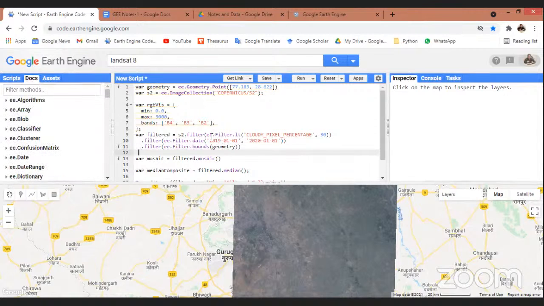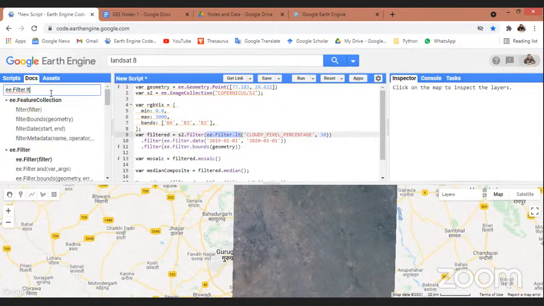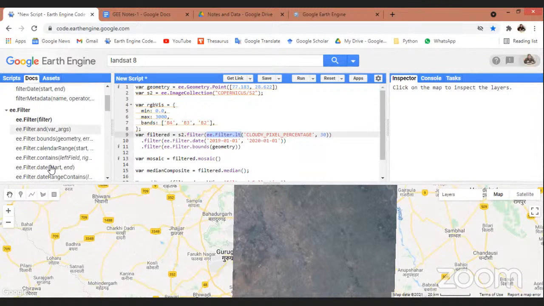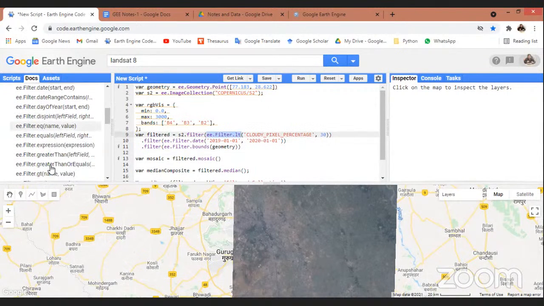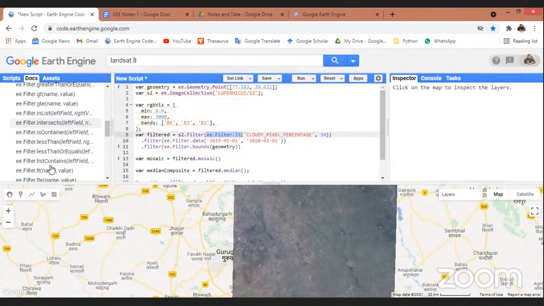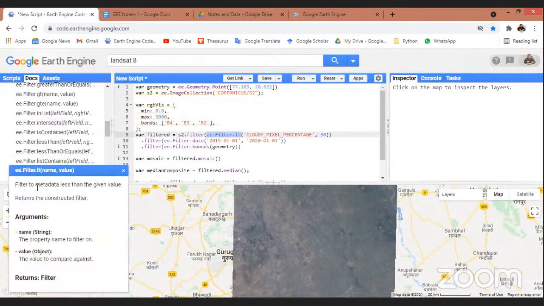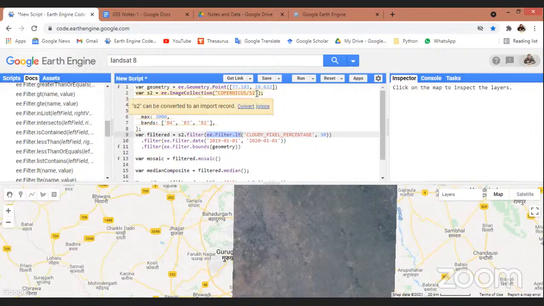If you search for it, filter.lt filters the metadata less than a given value, the property and the node. That means if I